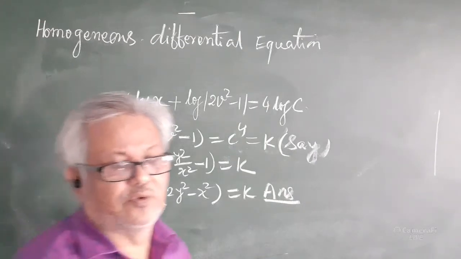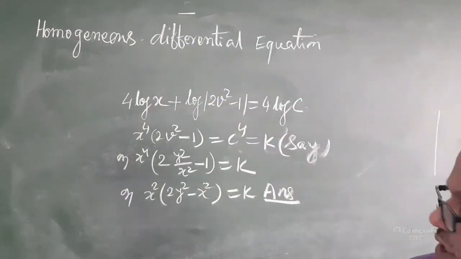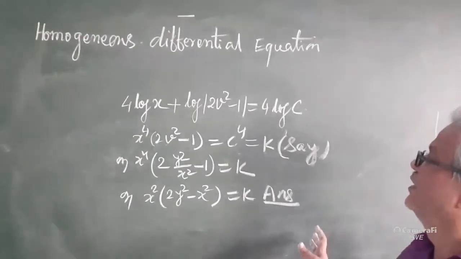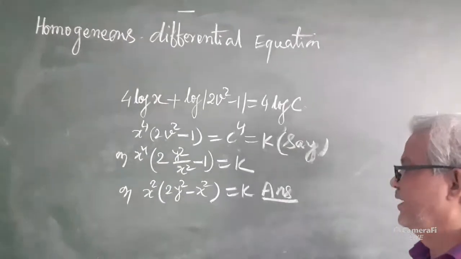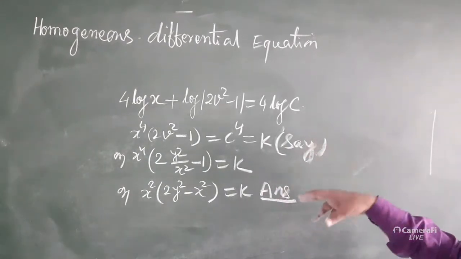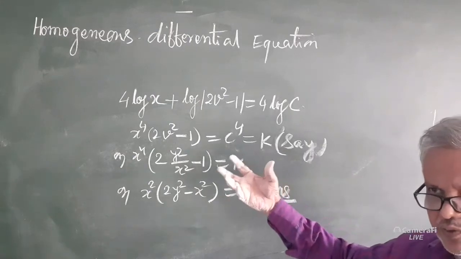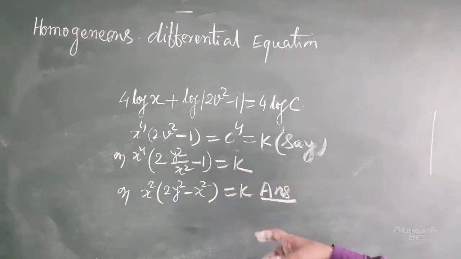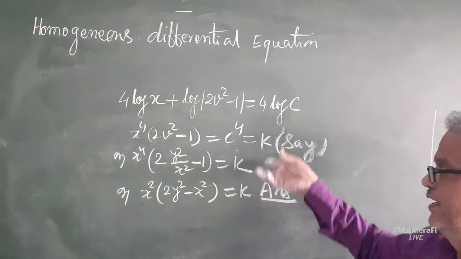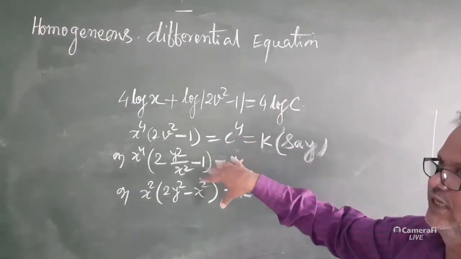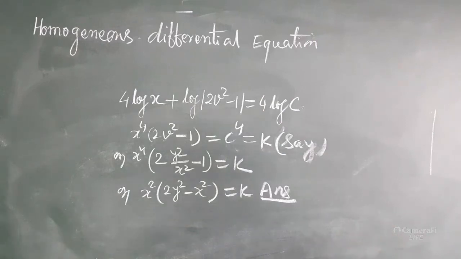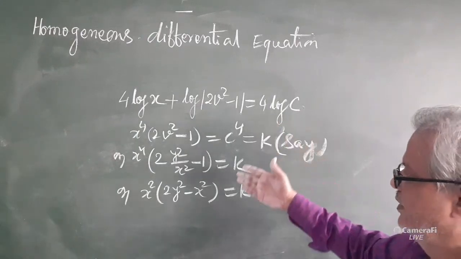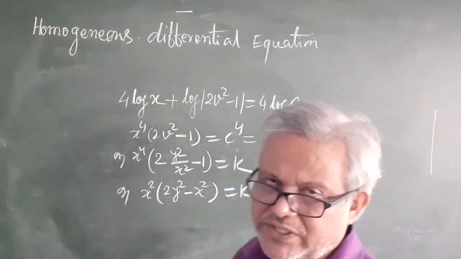So this is how we can solve a homogeneous differential equation. Firstly, we reduce the equation in terms of a certain function of y by x. Later on, we put y by x is equal to v, that is y is equal to vx. Therefore, dy by dx is v plus x dv by dx. Getting that substituted in the differential equation, it will reduce to such a form from where the variables can be separated easily, and then we integrate, we get the solution of the differential equation. Thank you.